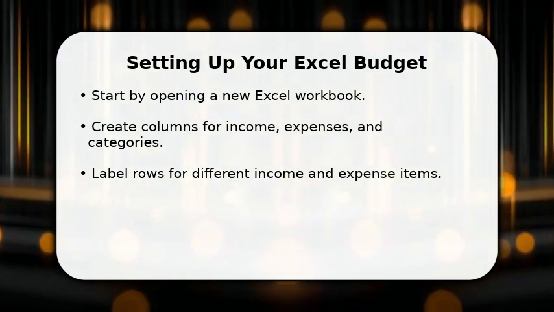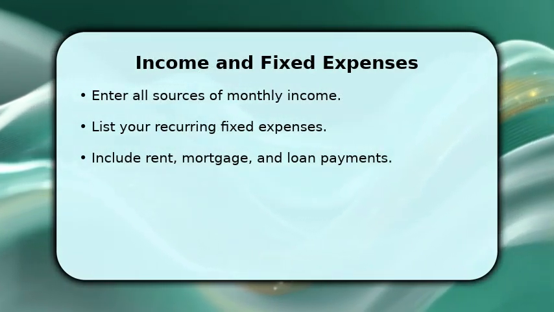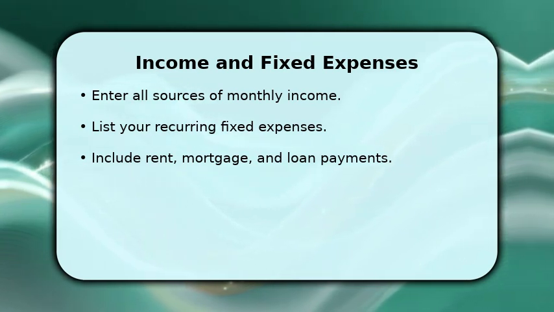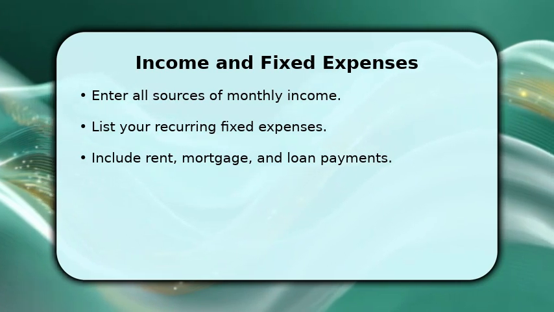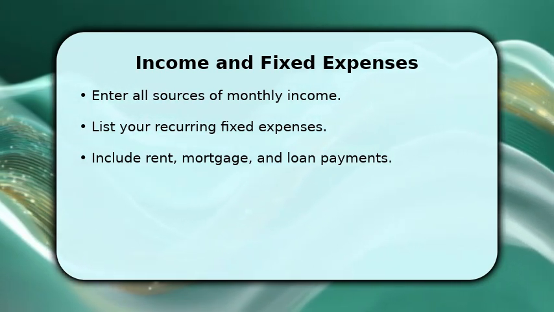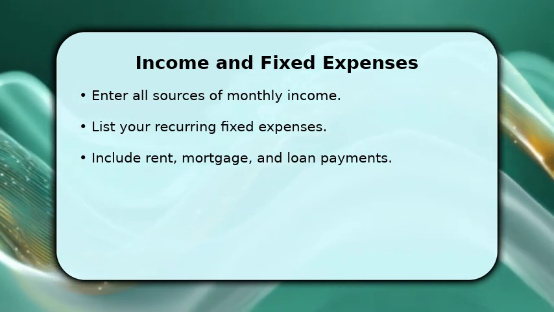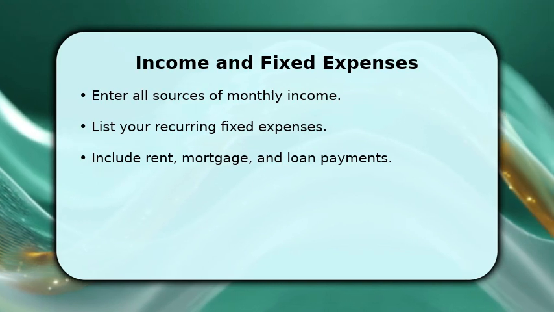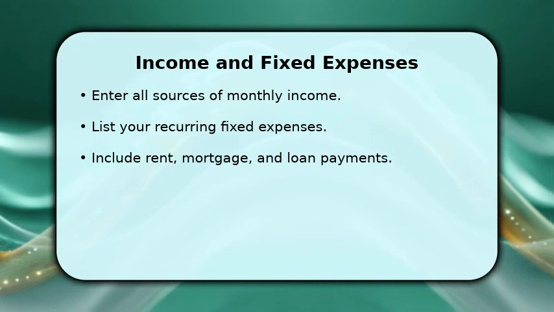effectively from day one. Now, let's input your income and fixed expenses. Begin by entering all your monthly income sources, such as your salary or any other regular earnings. Next, list out all your recurring fixed expenses. These typically include items like your rent or mortgage payments, car loans, and insurance premiums. Accuracy here is key, as these consistent figures form the bedrock of your budget, providing a stable financial overview each